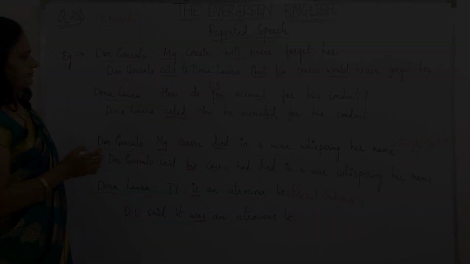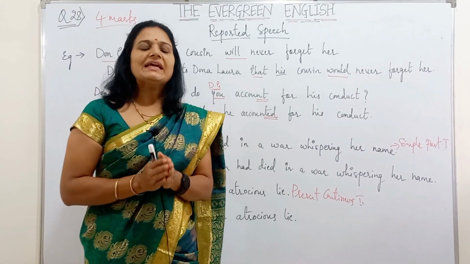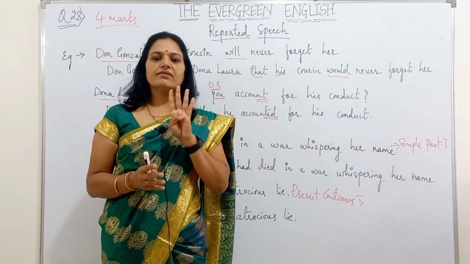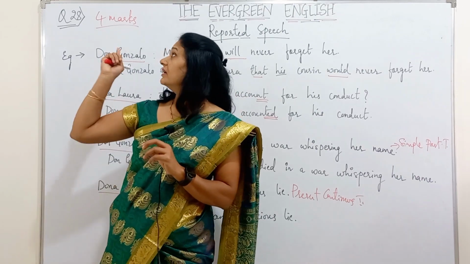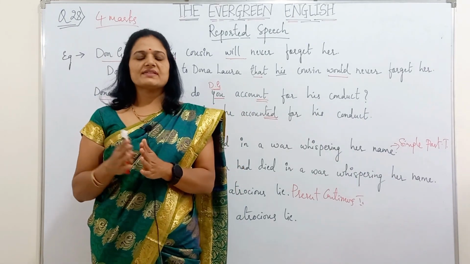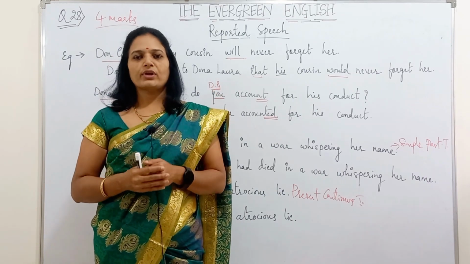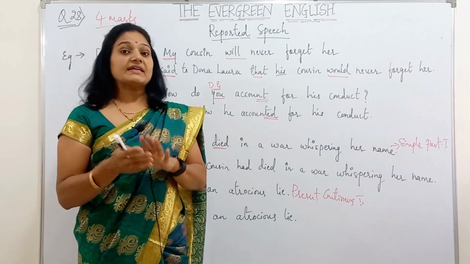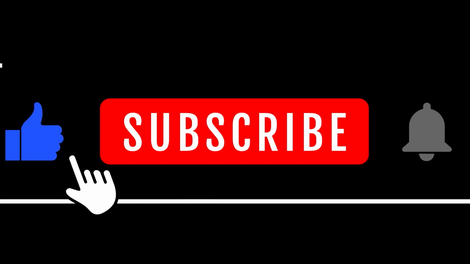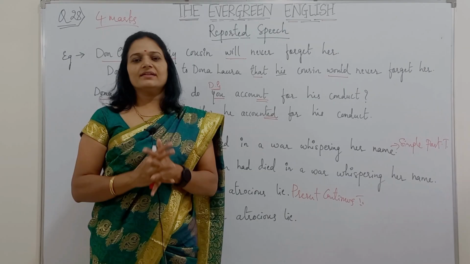Clear? Yes students, hope you have understood this example. Solve as many examples as possible so that you can be perfect in reported speech, which carries 4 marks, and it is question number 28 of your question paper. Okay, solve different examples. There are lots of previous year examples. I'll try to upload them so that you can solve more and more examples. In my next class, of course, I'll be continuing with reported speech with much more examples, which are useful for high school as well as for PU secondary students.